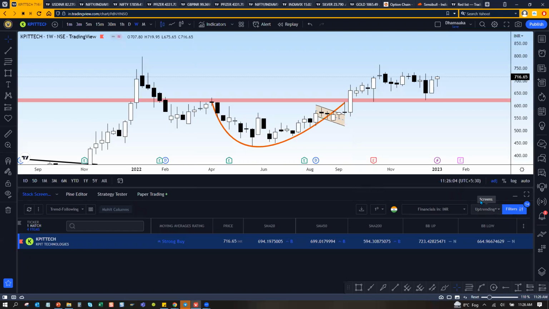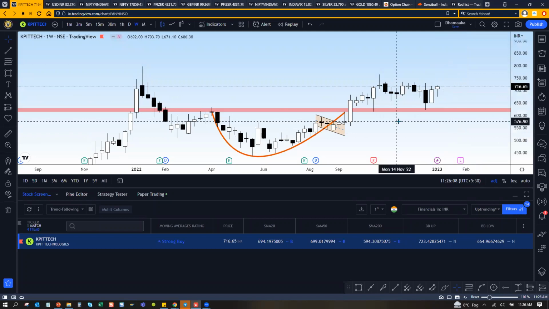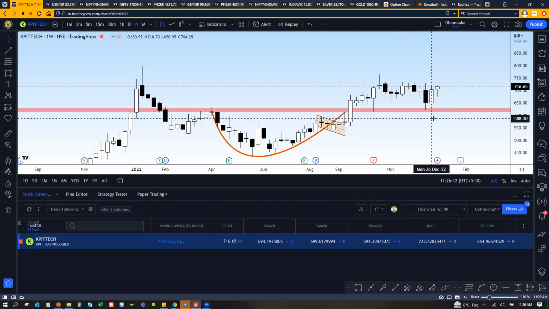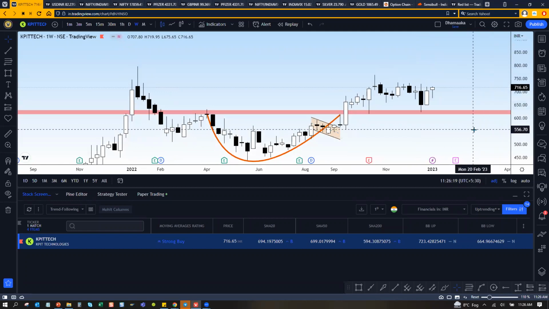So out of the whole market, the only chart I found a little bit bullish was KPI Tech. Now it's very easy for me to take a screenshot and put it on Twitter and add some values, add some fancy indicators, and get some following on Twitter and other social media platforms. That's what people do. I'm just telling you. Okay, so this is about how to set it.